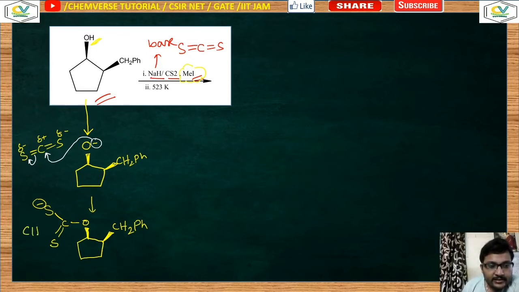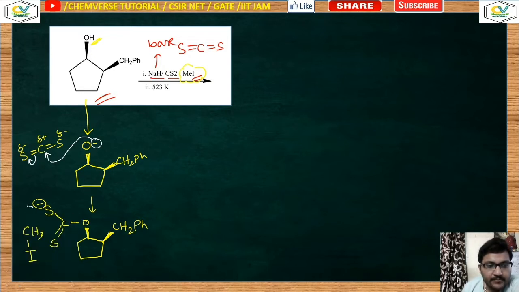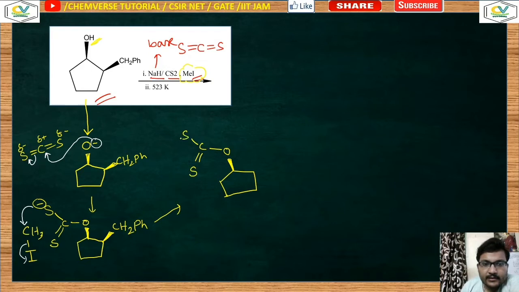Now you have methyl iodide, the same thing. Now methyl iodide, CH3I, iodine is more electronegative and it's a very good leaving group also. So what will happen? The next obvious step is that this S minus will attack at this carbon atom, and this I minus will be removed from the system. So as a result of that, what you are getting? You are getting something like this. This is in the above position, oxygen, carbon, CS, now SMe. This will be your CH2Ph.